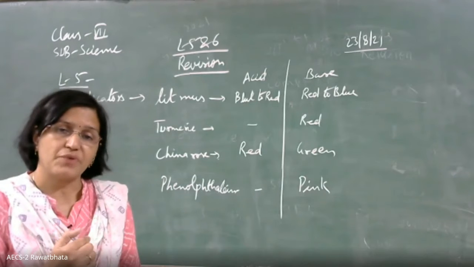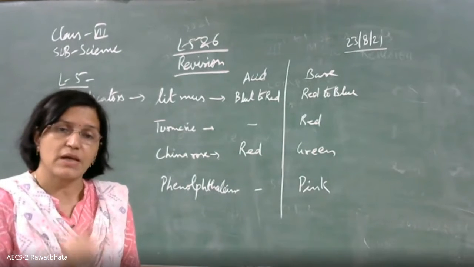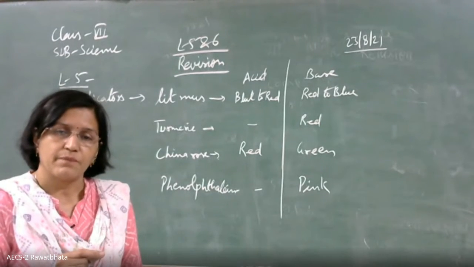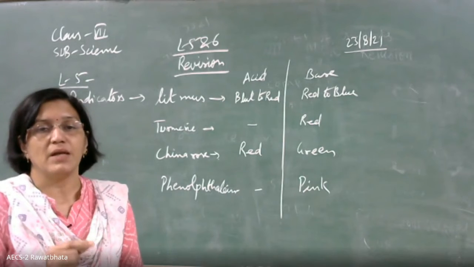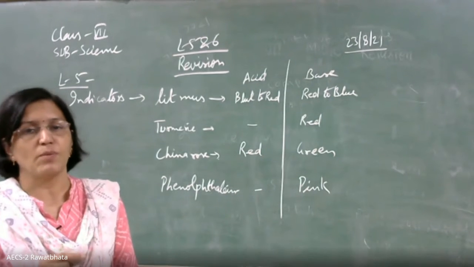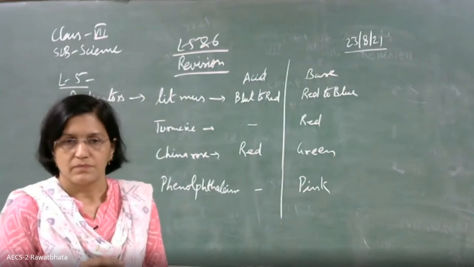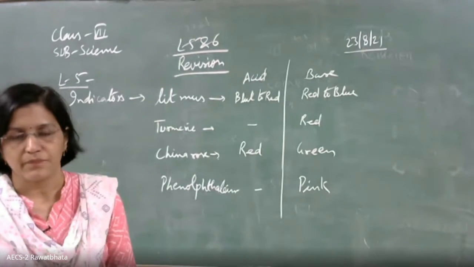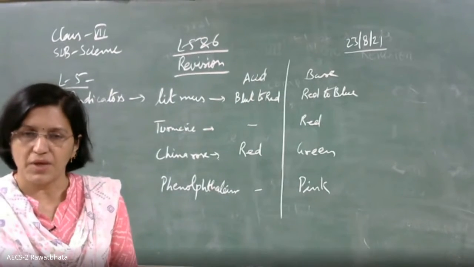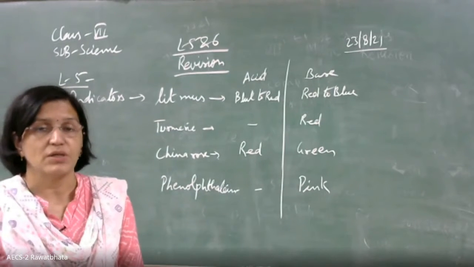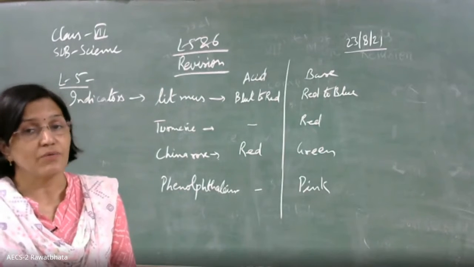You know very well that litmus has been extracted from lichens. Always keep this in mind. On the basis of this, they may ask you certain acids, certain bases. Now, how will I identify whether the given chemical compound is an acid or a base? Remember, it's very simple. If the name ends with hydroxide or the formula contains OH, that means it's a base. Acids generally end the name with acid, and in the formula you will definitely have hydrogen. For example, HNO3, H2SO4, HCl, all of them have H in them.